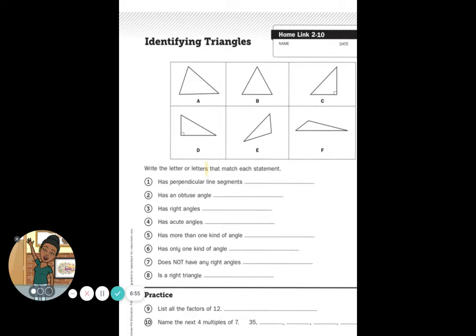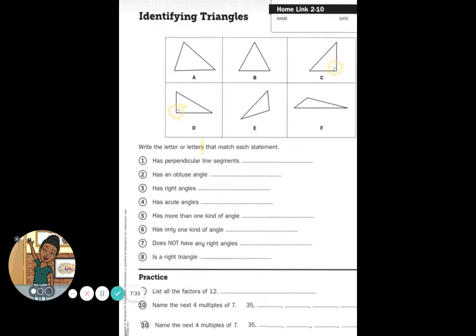Number 1 asks, does it have perpendicular line segments? Okay, so first it would be useful to know what a perpendicular line segment is. Well, perpendicular means that they are intersecting. They make a 90-degree angle. So if you look right here,